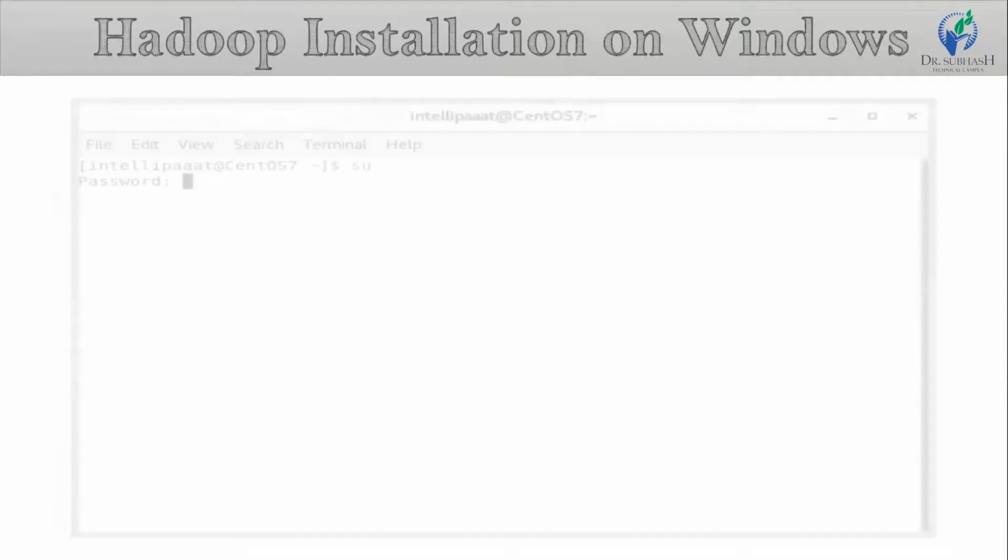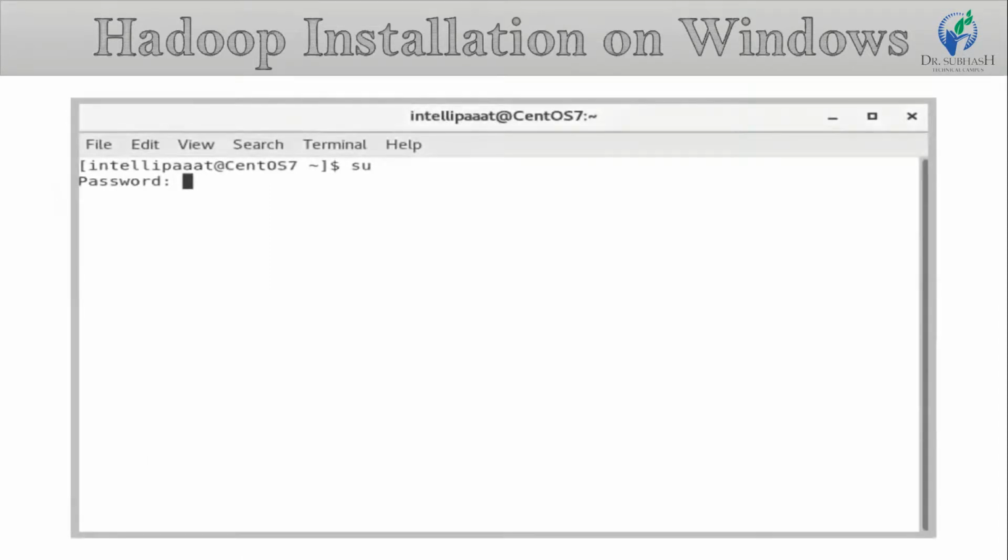Now enter the command su. You will see a prompt for the password. Now enter your root password.